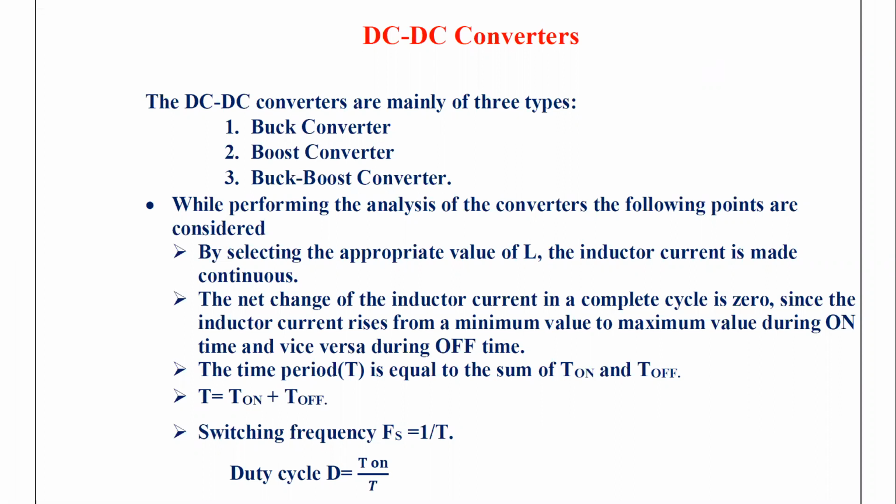In this class, we are going to discuss DC-DC converters. For AC supply, generally we use the transformer for converting one level of voltage to another level of voltage. Similarly, in DC also, we need regulators or DC-DC converters for various applications in power electronics. Generally, the DC-DC converters are of four types: buck converter, boost converter, buck boost converter, and cuk converter.